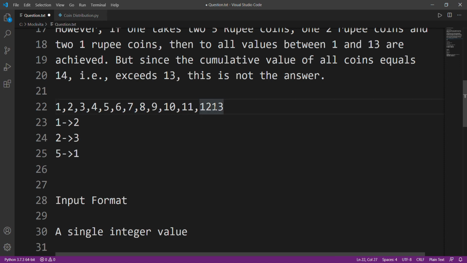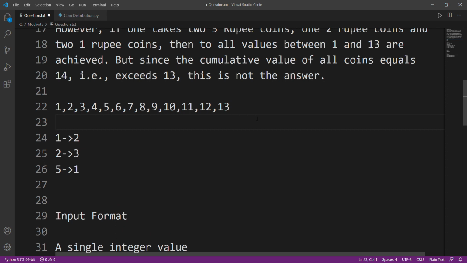We can make 13. How? We can take 1 five, 3 twos and 2 ones, and the summation of all those values will be equal to 13. Now, what does he mean by cumulative? There's another way possible to make all the values ranging from 1 to 30, and that is we can take two fives and we can only take 1 two. This will also help you in making all these possible values.